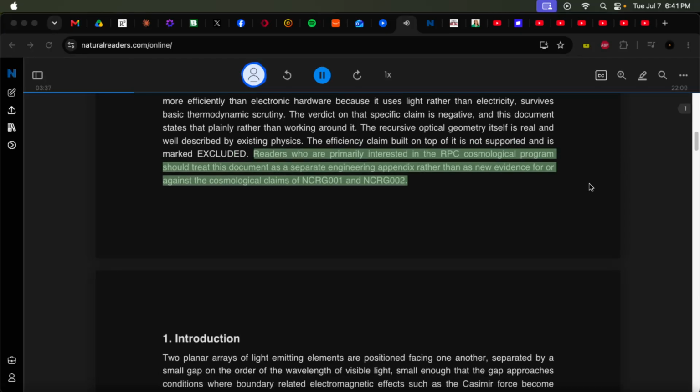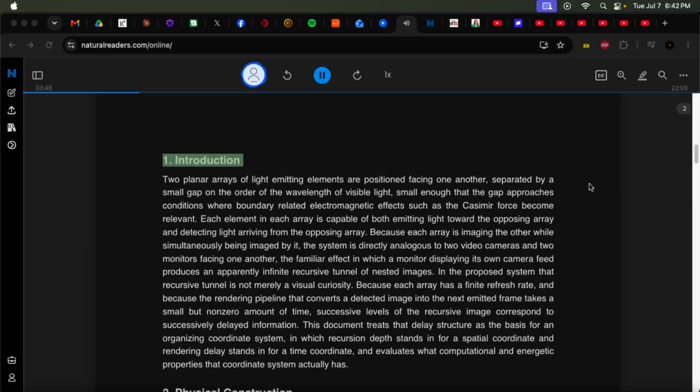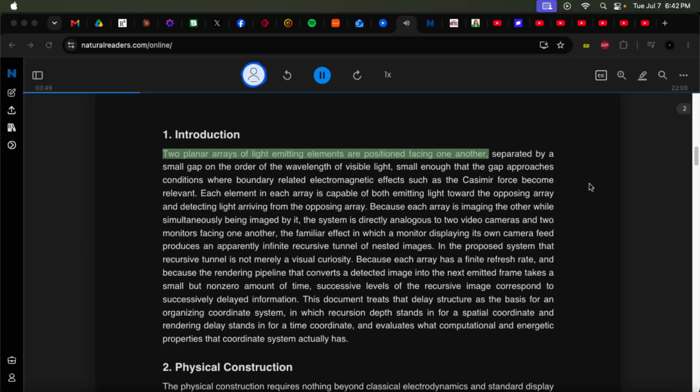Readers who are primarily interested in the RPC cosmological program should treat this document as a separate engineering appendix rather than as new evidence for or against the cosmological claims of NCRG001 and NCRG002. 1. Introduction. 2 planar arrays of light-emitting elements are positioned facing one another,